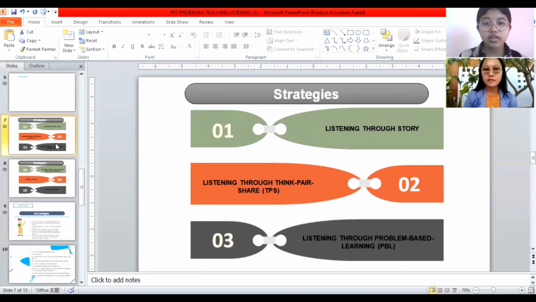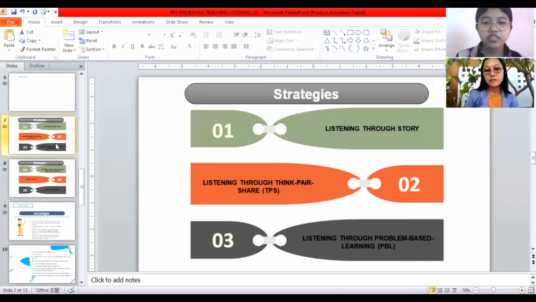The second one, in the first listening activity, students are asked to listen to the story and explore some general information individually. The third one, the teacher prepares a worksheet containing questions that lead students to understand the content of the story and shares it with students. The fourth one is the teacher repeats the activity of listening, presenting or reading the story directly, around 1 to 2 times, while students try to find special information contained in the story.